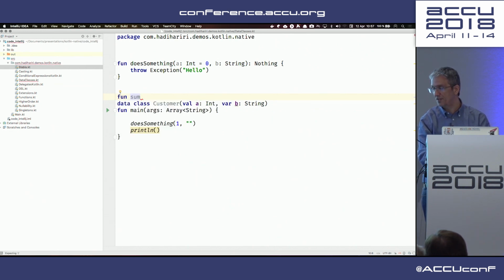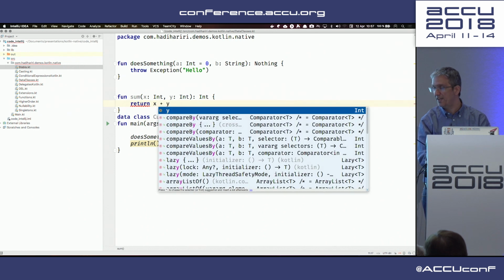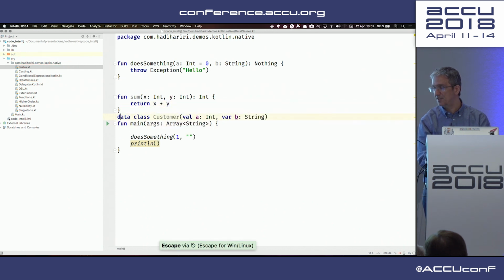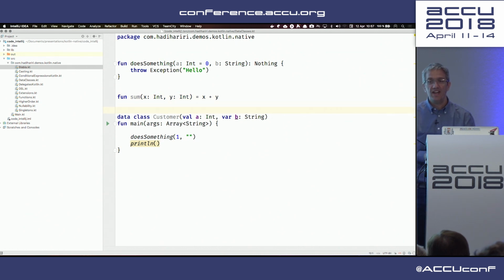So if I have a function, for instance, sum, which is x int, y int, instead of having to do int like this and then do return be explicit x plus y, I can actually convert this into a single expression function by just saying equals x plus y, right? So that now is cutting down on the explicit type declaration. It's saying that this is an integer, and it's returning that. And essentially, if you think about it, any function can be